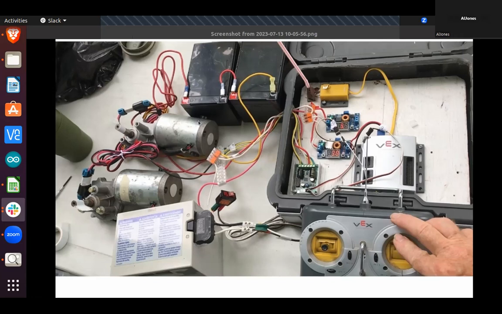These motors, although they look a little bit heavier, look about the diameter of a windshield wiper motor. Is that about right? They're much bigger than that. They're probably 4 inches in diameter. They're pretty heavy duty.